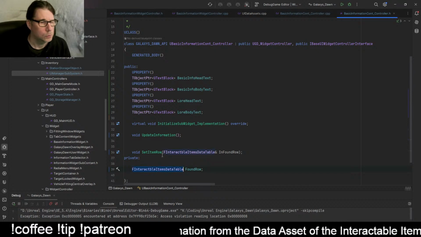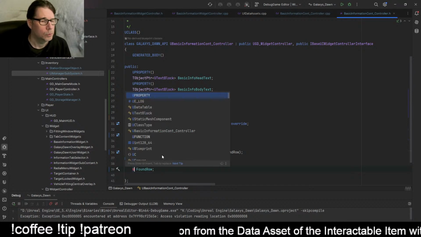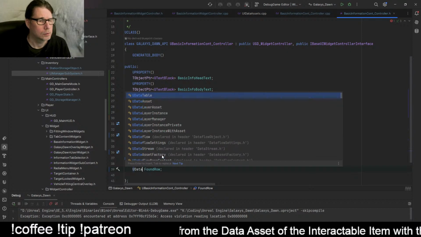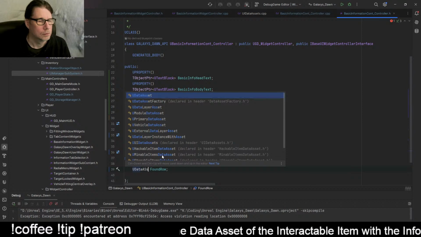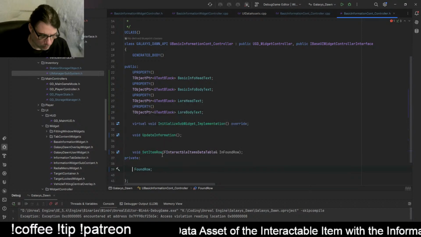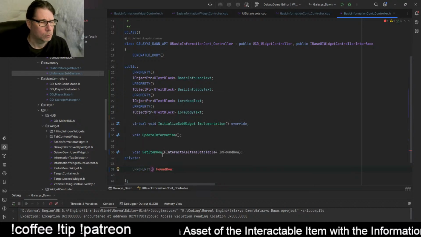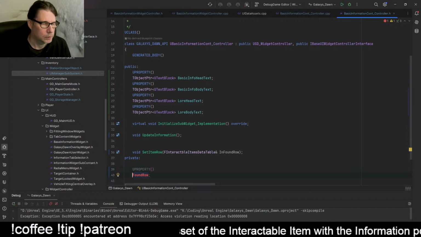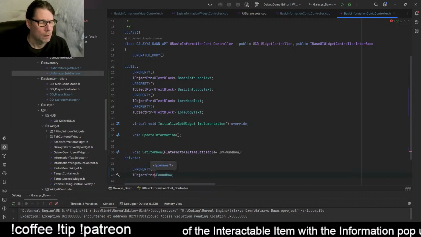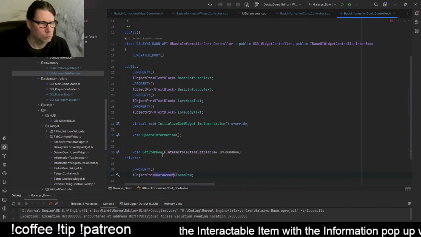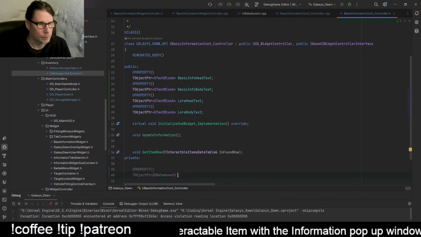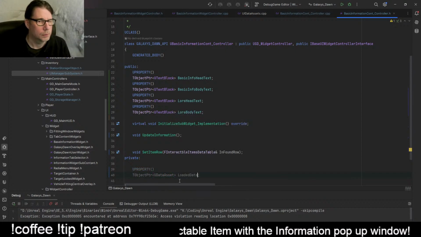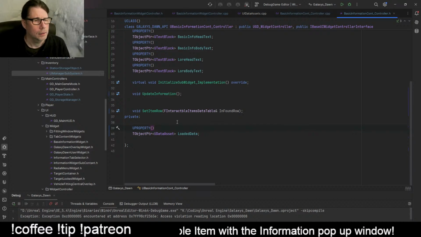This is a U data table asset. Come on. Okay, let's do this properly. Well, we can actually do, but this is T object pointer, U data asset. Boom. Found loaded data. Boom. Okay, so now we set the item row